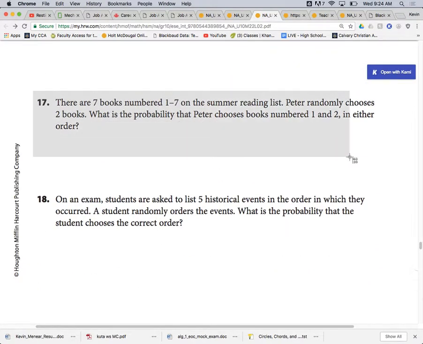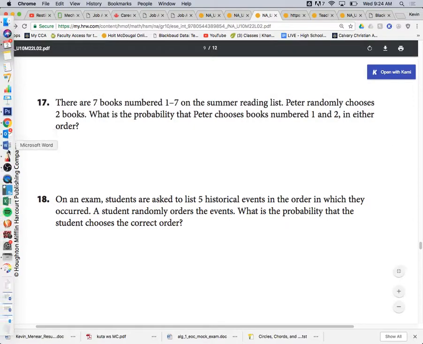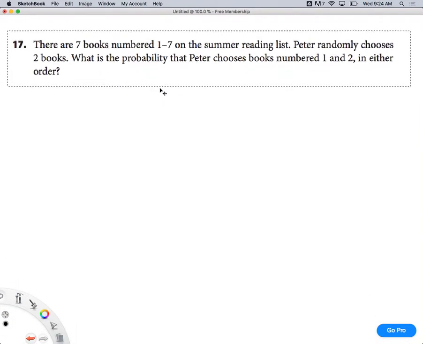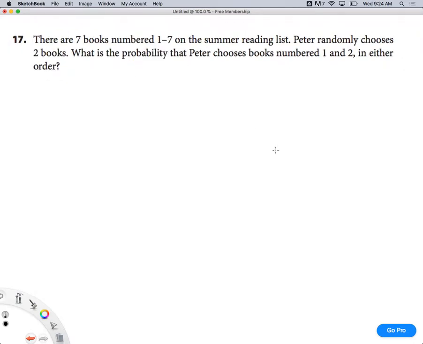Number 17. There are 7 books numbered 1 through 7 on the summer reading list. Peter randomly chooses 2 books. What's the probability that Peter chooses books numbered 1 and 2 in either order? Okay, probability,